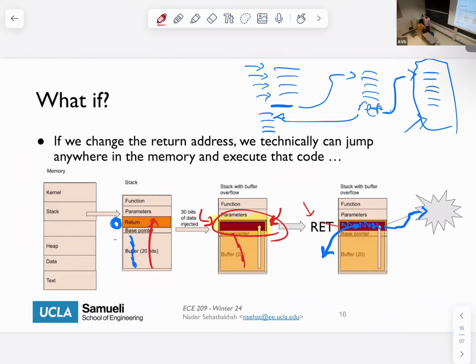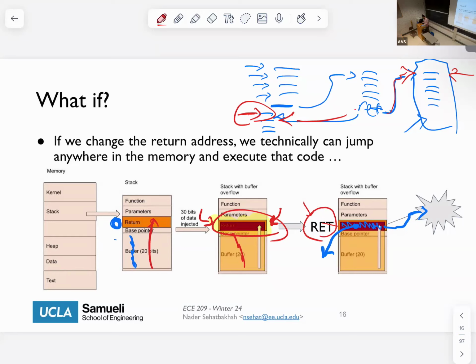Once the return instruction is executed, instead of jumping back to the main function, where it's supposed to go, it jumps to some arbitrary part of the memory, right? And then essentially we are hijacking the control flow of our system,